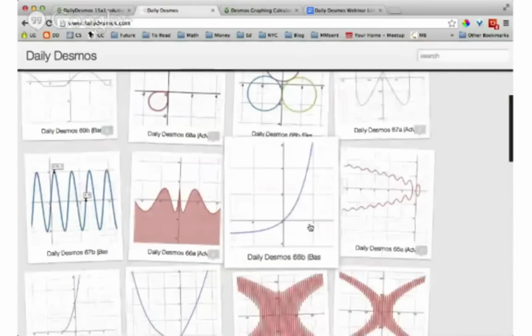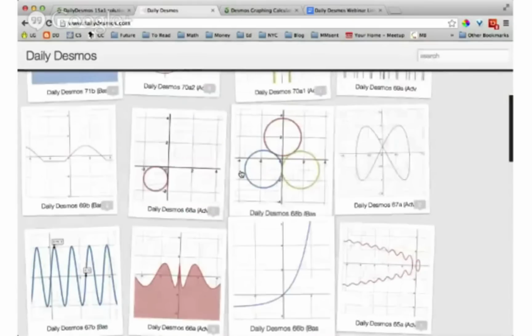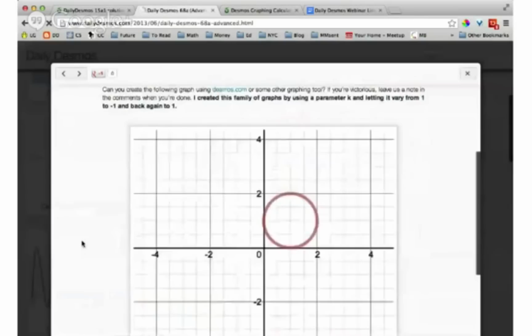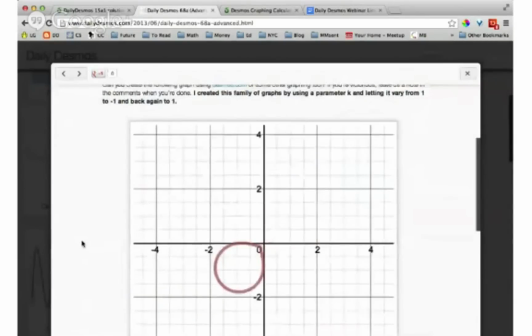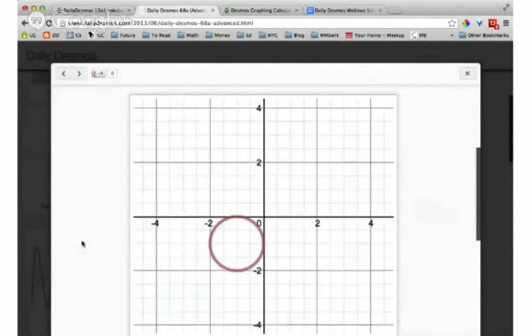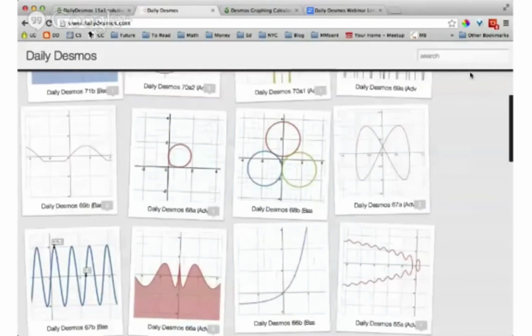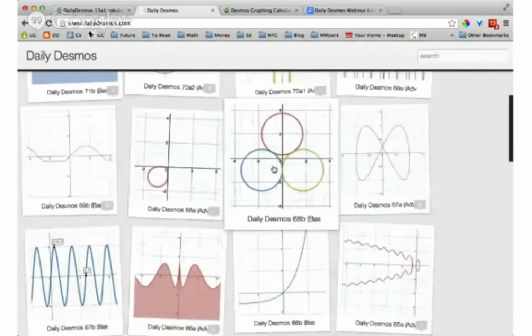Right. So here's this thing that I made. I was trying to do something else. What was I trying to do? Oh, I was trying to do this. So these are paired together. This was my basic and my advanced from one day, and I wanted to make